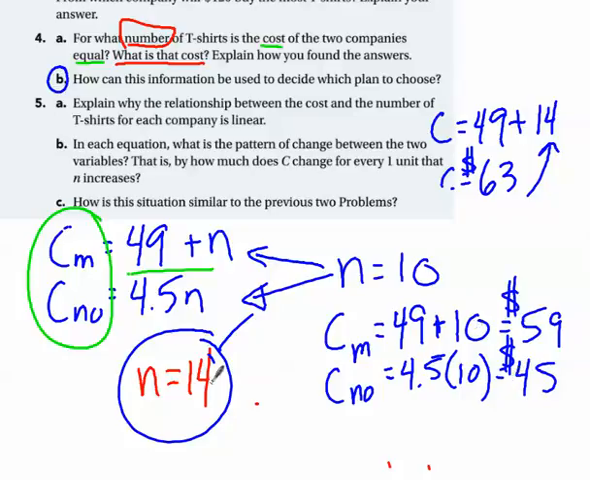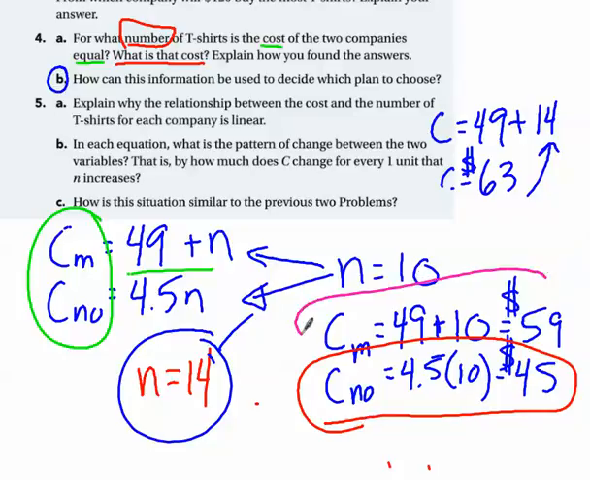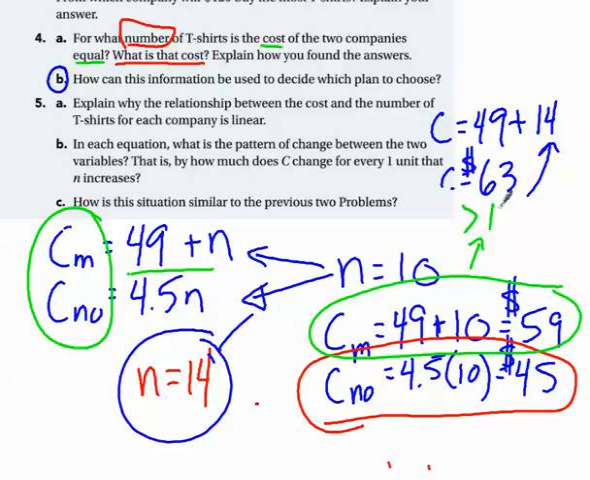10 is less than 14. So anything less than 14, I'm going to want to go with this one. It's going to be cheaper. If it is more than 14, then I am going to go with this one. Greater than 14 shirts. Less than